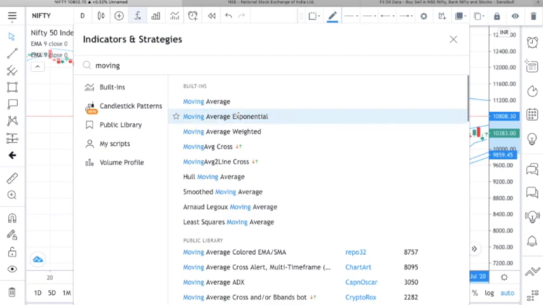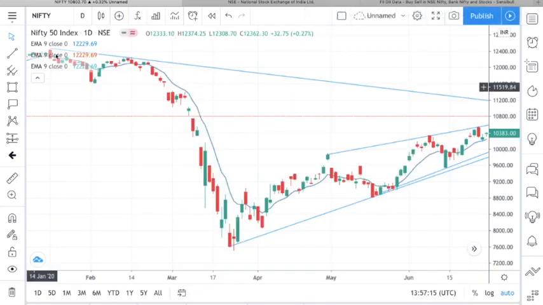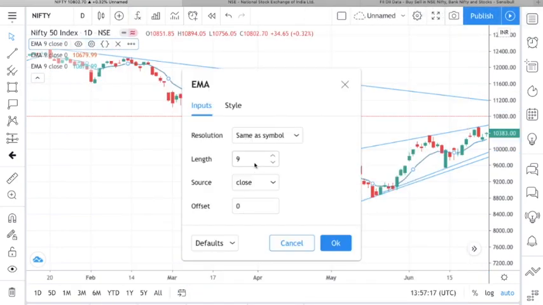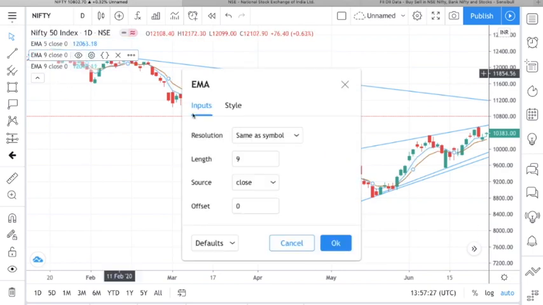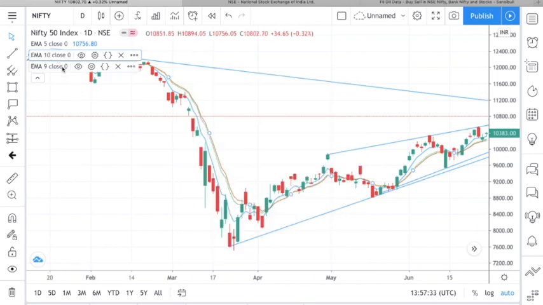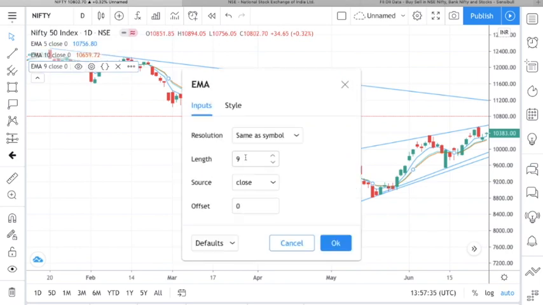I'm going to click on this thrice. Now I'm going to change this. I don't like the 9-period EMA. I prefer the 5-period EMA because it's a proxy for a week's price movement, because there are 5 trading days, no peak. Once I do that, I'm going to click on the second EMA and make this 10 because it's a proxy for a 2-week trading period. I'm going to click on this here and make this 21 because there are 21 trading days in a month.